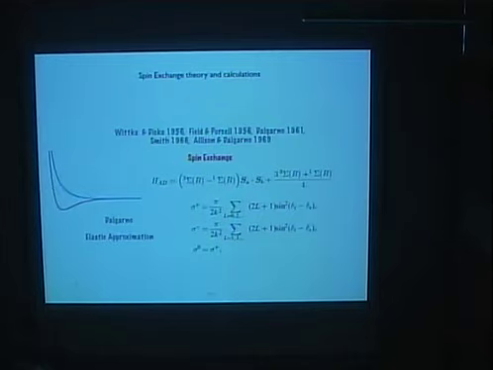The collision theory for spin exchange has been worked out by several groups. The quantum mechanical theory was first developed by Dalgarno in 1961, and so this year would be the 50th anniversary of that landmark paper, and generalized to include quantum symmetry effects by Smith and Allison and Dalgarno in the late 60s. The elastic approximation of Dalgarno ignores the finite hyperfine energy defect and allows great simplification in the numerical effort required to calculate cross-sections.